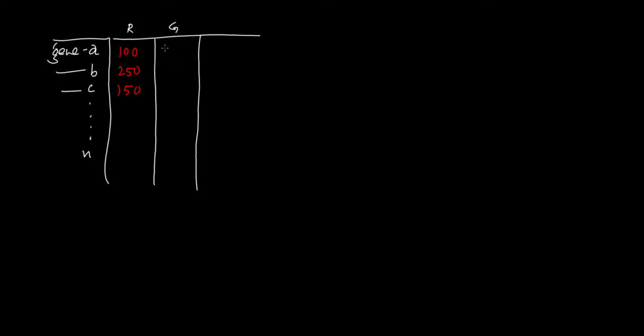And the same genes had different values for the green channel, right? This is 200. Whether there was a dye bias or not, let's not talk about it, but we need to normalize these. And I got to learn that these two distributions are different by QQ plot or by any other method. For example, one of the simplest methods to check whether the distributions are comparable or not is the box plot, right?